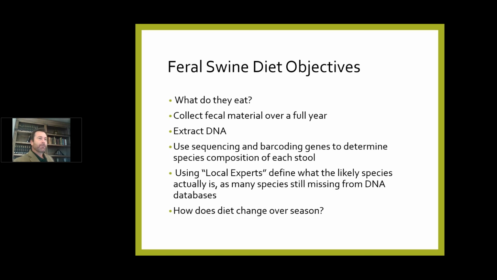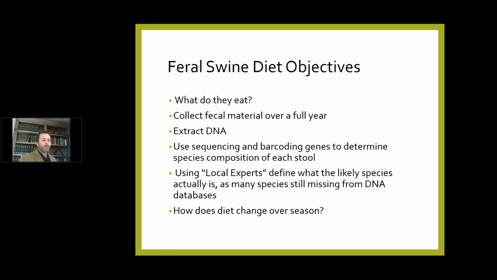So everybody knows what their DNA looks like, don't they? I'm only teasing. We're going to have a lesson in a minute, all right? And there's a test afterwards. But what we do is we take a little bit of that DNA, that sequence DNA, and we call them barcoding genes to determine the species composition. So it's a little segment of DNA, and we actually compare it to known sequences to actually understand what species